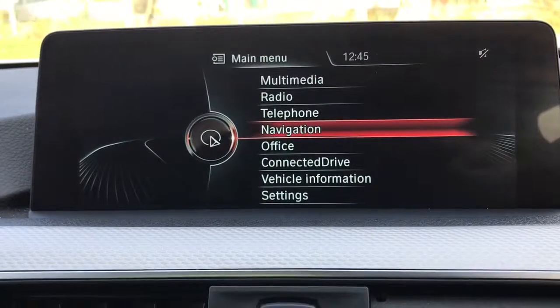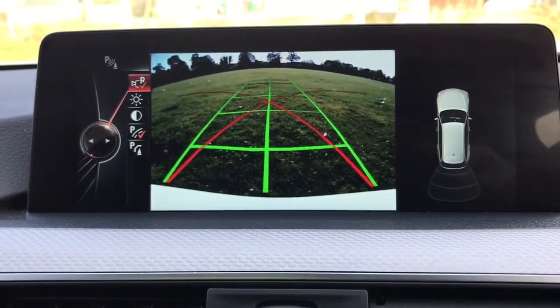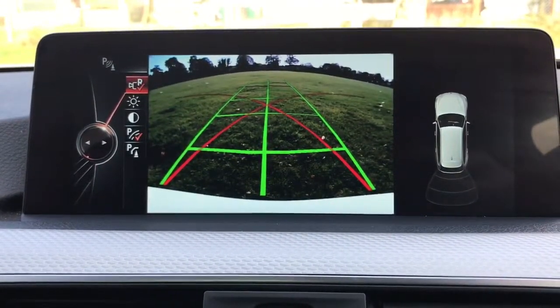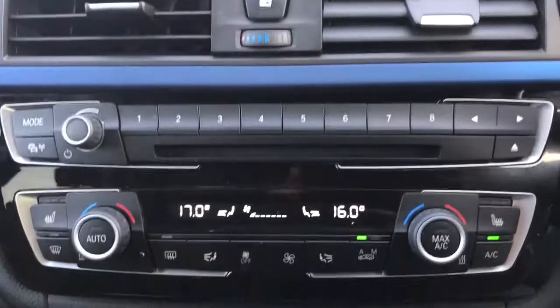The other thing that's on here, which I think is really fantastic and very, very clear, easy to use, is the full colour reversing camera. You get the guidelines, which show you which direction the car is headed in relation to what you can see behind you as well. Working our way down from there, we've got the CD player, and then we have the